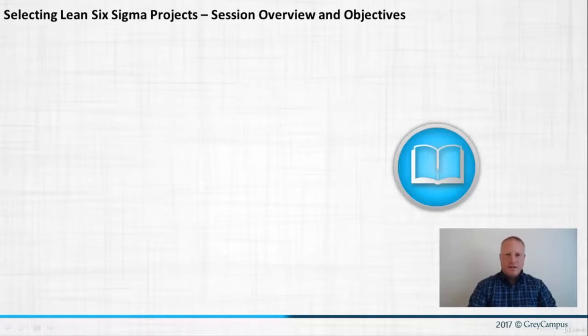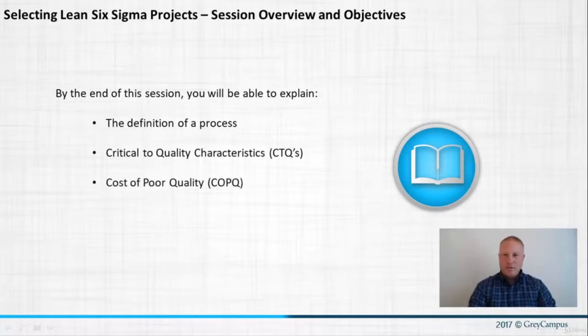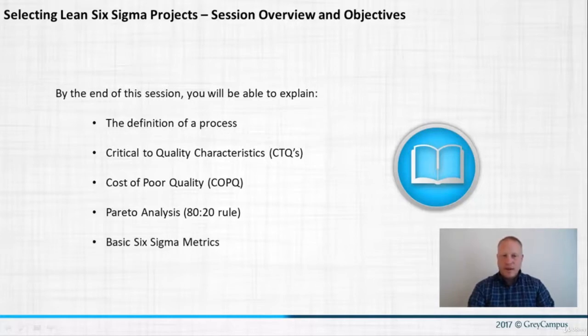Selecting good Lean Six Sigma projects is the beginning of success with Lean Six Sigma. So, in this session, we'll be talking about what a process is, what CTQs are and how we use them, what the impact of cost of poor quality or COPQ is, the Pareto analysis or 80-20 rule, and some basic